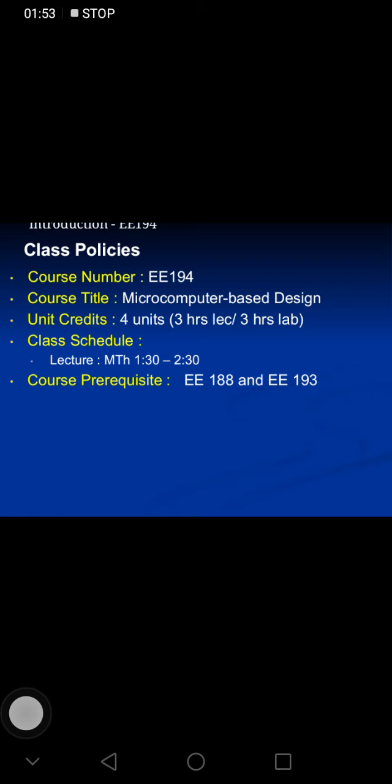For the machine problems that we have in the subject, we need to install what we call the MASM, the application for programming in assembly language.